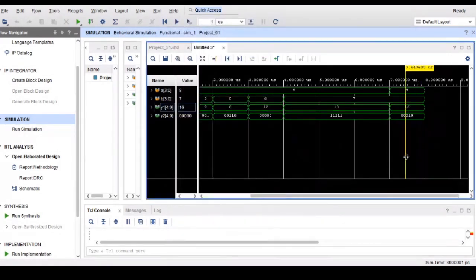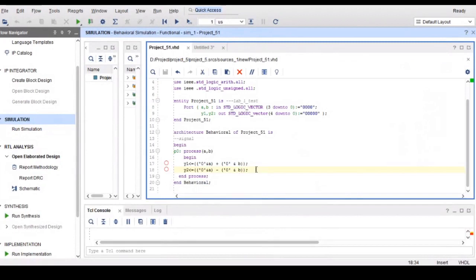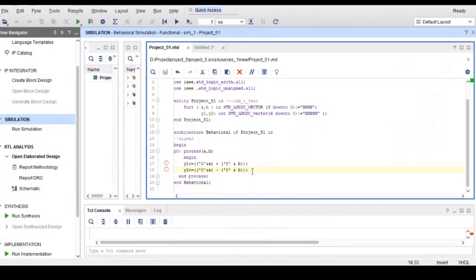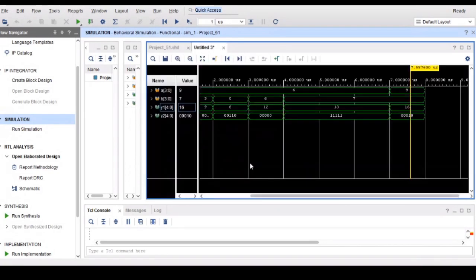No, sir, I wrote the same, I gave y1 and y2 also. Your program is written now: Y1 is equal to a plus b, Y2 is equal to a minus b. Yes, sir. So y2 is also included in the entity. But you are getting the subtraction result in y1.